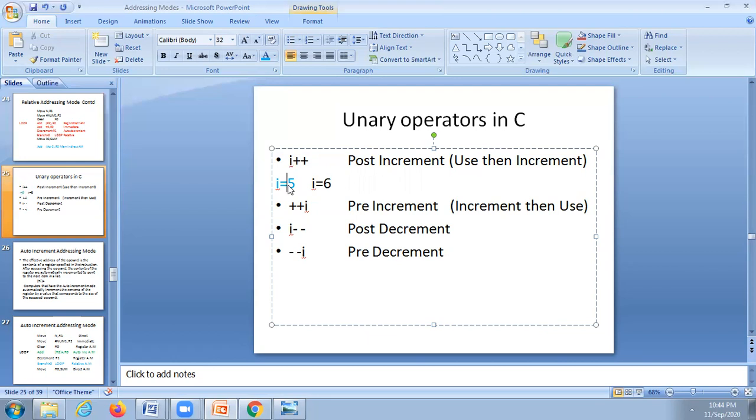Then I will become 6. That will be used at a later stage, not at present. That is the meaning of post increment here.